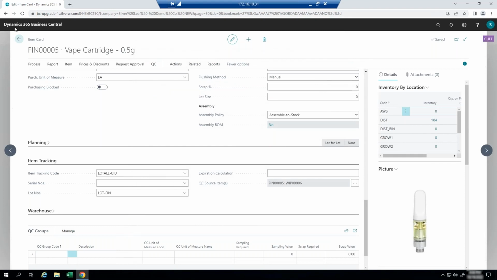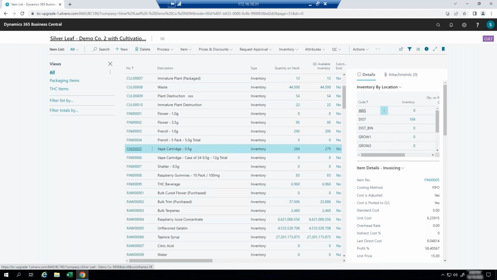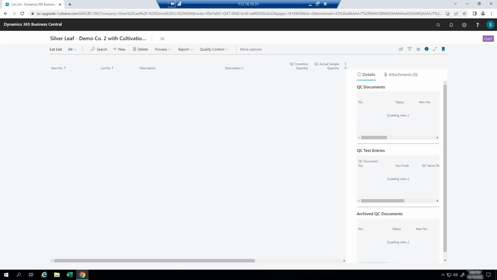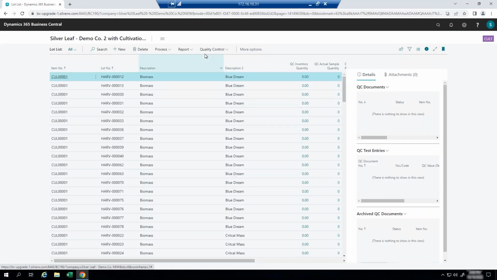The final thing I'd like to show you on our QC is how we can, well, actually, I'm going to show you two things. I'm going to filter a list of results. Maybe I want to find a product that meets certain minimum requirements because I'm going to do an extraction. I want to make sure I get the good stuff for that extraction. I can pull up my lot list